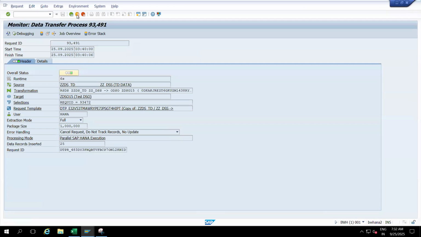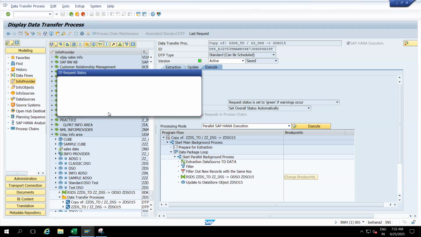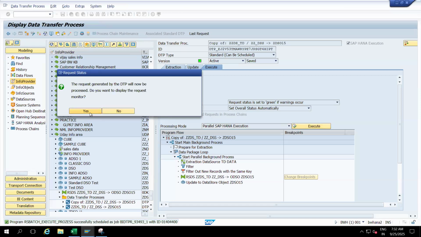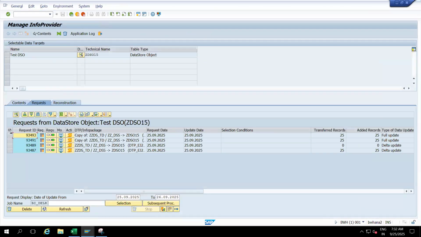Again I will load here. This is full DTP, it will bring it again. Full data will bring historical data, so every time it will bring the full data. Delta will not bring; it will look for a new request, whether it is available or not. Now I can see